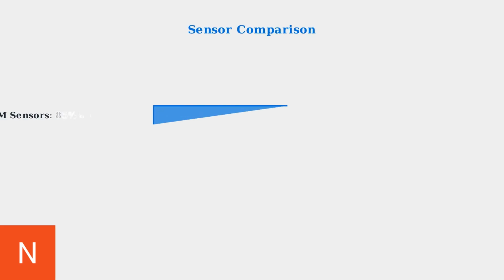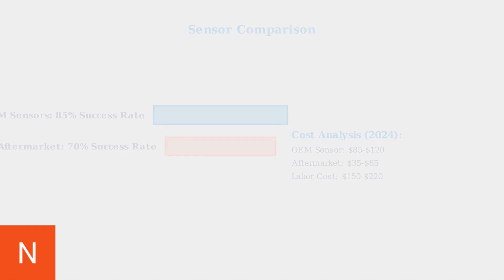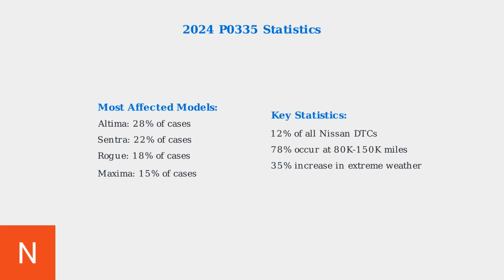Industry data shows significant differences in repair success rates between OEM and aftermarket sensors, with OEM parts achieving 85% success compared to 70% for aftermarket alternatives. In 2024, P0335 codes represented 12% of all Nissan diagnostic trouble codes, with the Altima, Sentra, and Rogue being the